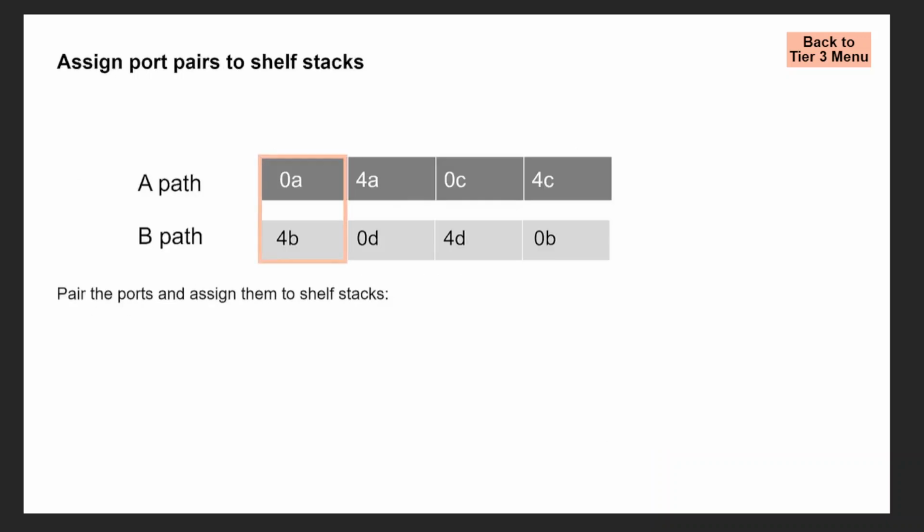In storage systems with multiple shelf stacks, you can assign each port pair to a shelf stack without creating an SPOF. Both storage controllers in the high availability, or HA pair, use the top port for the primary path and the bottom port for the return path. Mirroring the cabling on the 2 controllers in an HA pair also makes